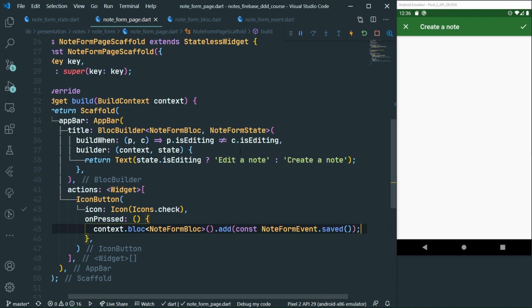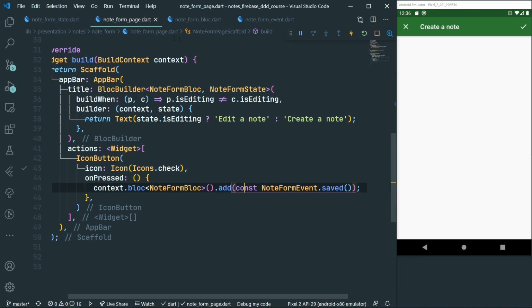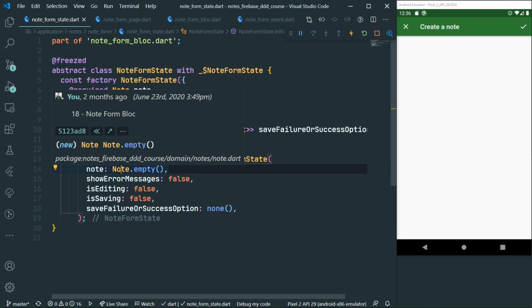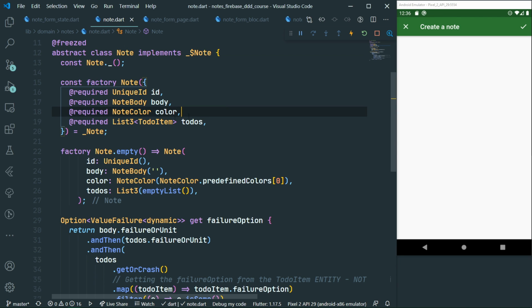Of course, because in this part we are now going to be building the note fields, the note will always be invalid, so nothing will be saved to Firestore. Why is that? Well, basically, we are always going to be operating with a NoteForm state, which has an empty note. The note will always be empty because we will not be able to change the values of the fields inside the note. So that means the body, the note color, and the to-dos. And therefore, they're always going to be empty and